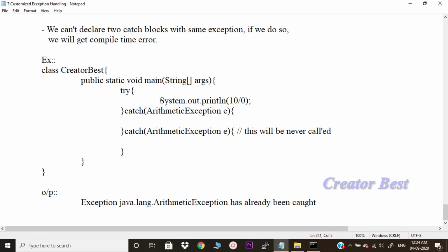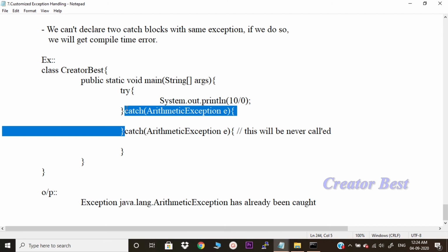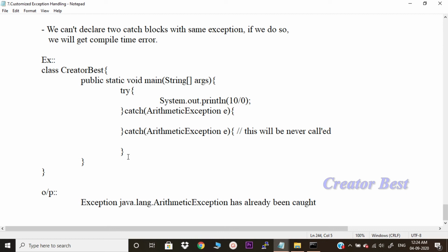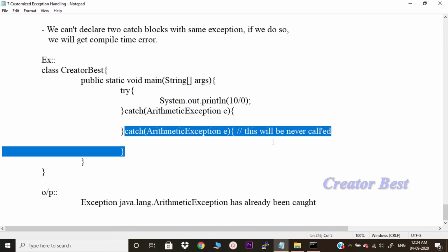If this particular statement is causing an arithmetic exception, what will it do? It will look for its corresponding catch block. Then it finds this catch block and this particular catch block will be executed. But what is happening to the other catch block? This will never be called, right? This particular catch block will never be executed.